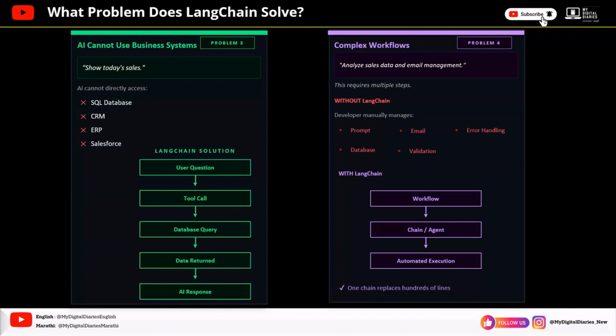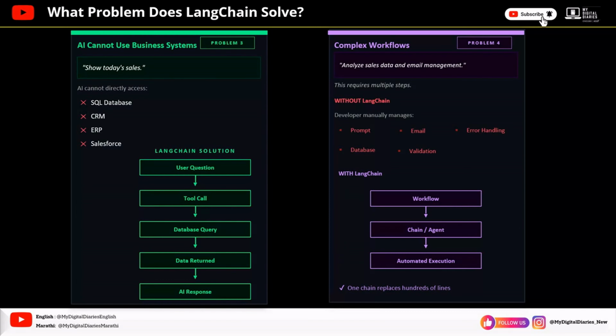First of all, let's understand how it works without LangChain. Developers would have to manually manage everything. Write the prompt, connect to email, handle errors if something fails, query the database and validate the data at every step. That's a lot of manual coding glued together by hand for just one feature.